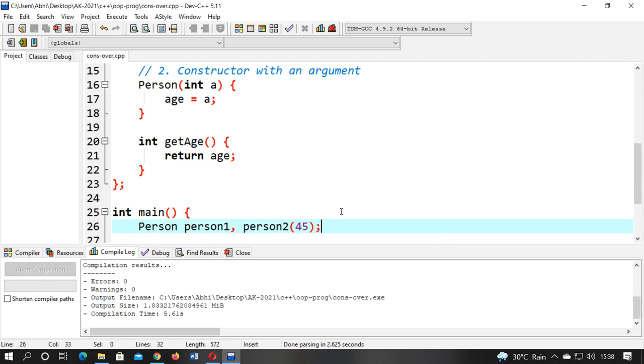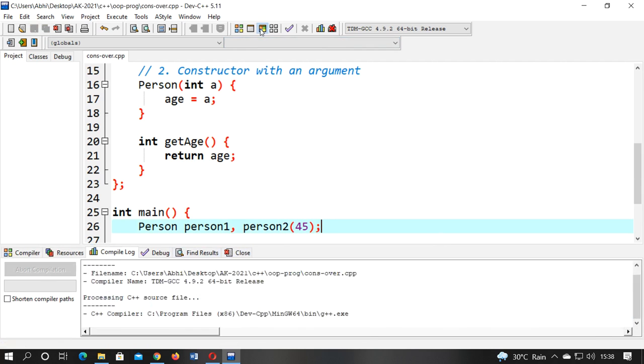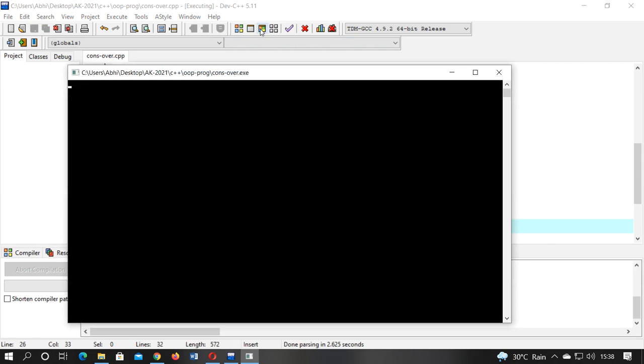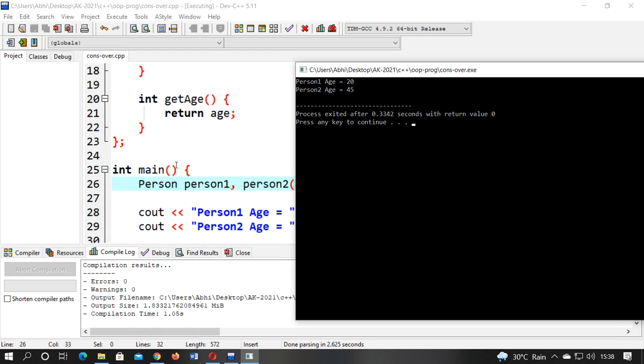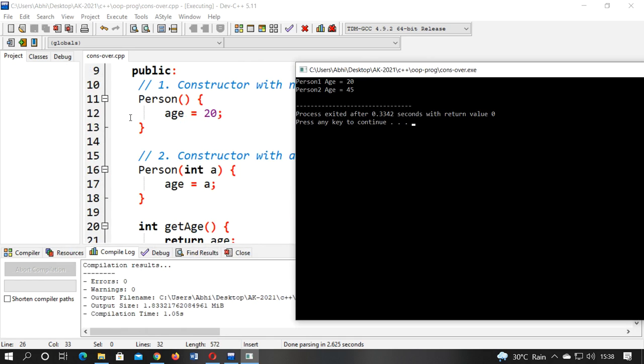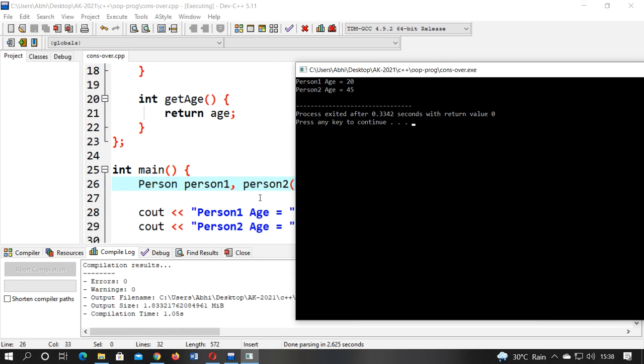So let's see what the output of that program will be. Here I compiled the program, and it gives no error. Now I'm going to run this program. After running this program, for person1, the first object, it is calling the constructor which has no argument. The value from that constructor is 20, and after that it will call the constructor which has a single argument with the object person2.